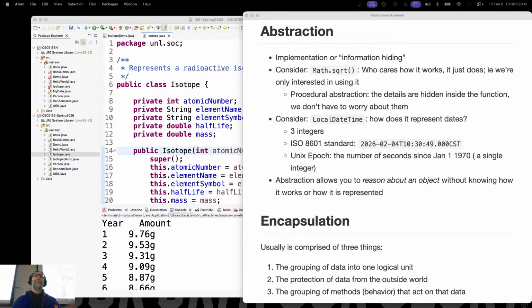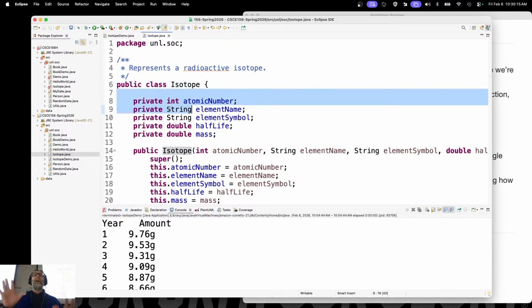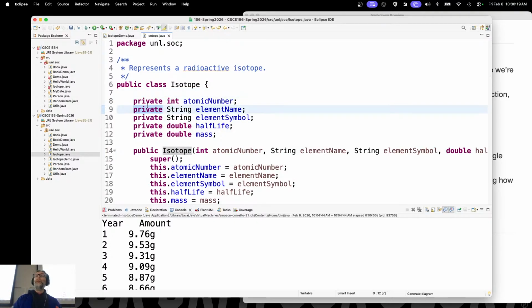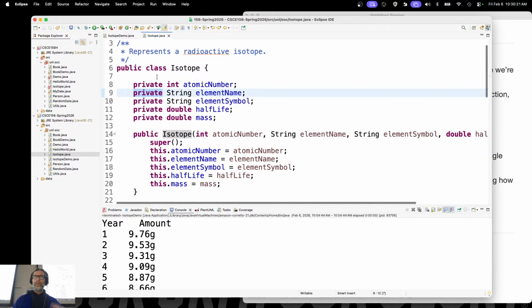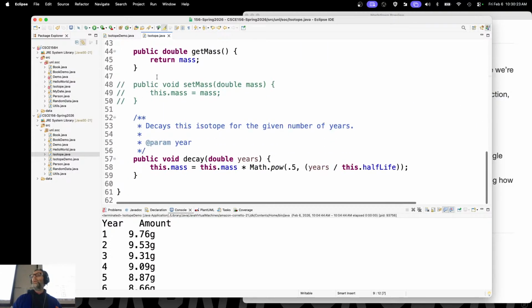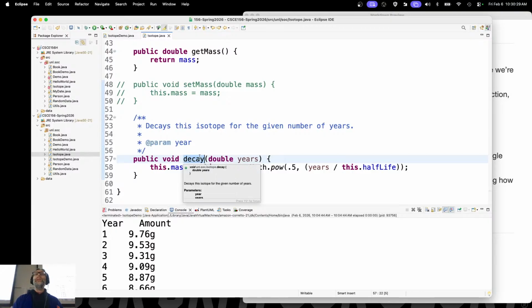All right, so last time we were talking about abstraction and encapsulation, and we'd gone through pretty much almost done with the demonstration here of this isotope class. The encapsulation was that we grouped these 5 pieces of data together into one logical unit. We protected that data by making them all private and making it immutable. And then we grouped the functionality that acted on that data, the decay of this radioactive isotope, in the class